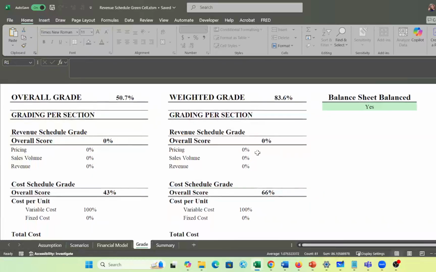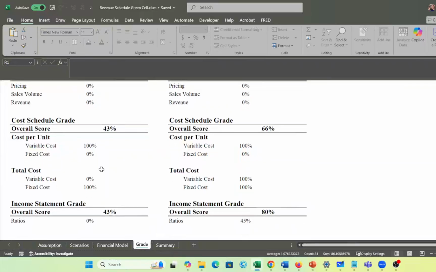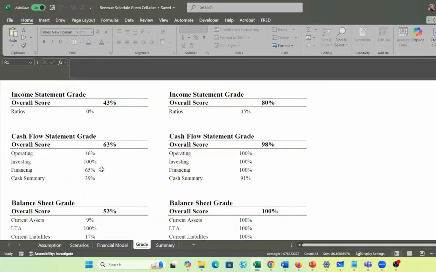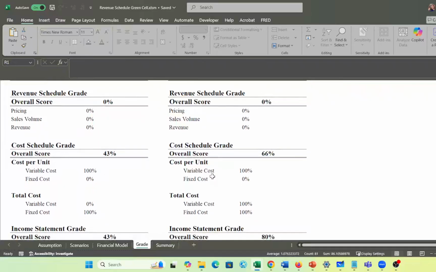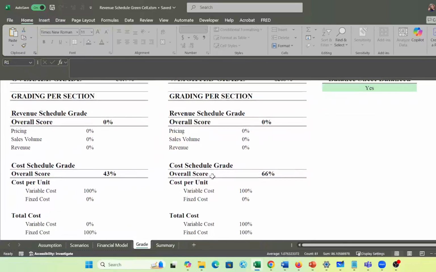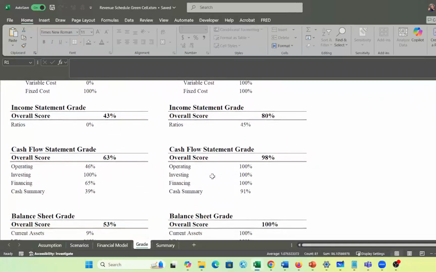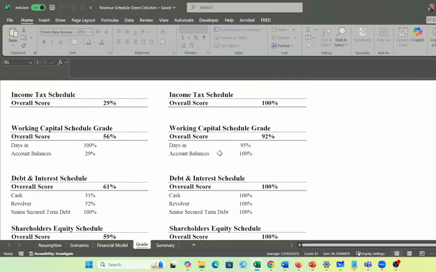Then we got the grade. Just to show that, here's the revenue schedule. The left grade shows how the revenue schedule does impact a lot of things here. And then we got the weighted grade, and it shows that it does impact fixed costs, but it doesn't really impact the equations for the other things. And as you see in the weighted part, it shows a decline in the